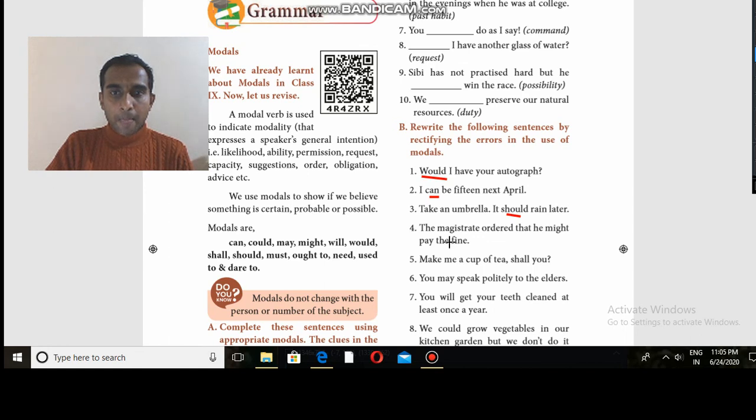The fourth one, the magistrate ordered that he might pay the fine. So might. So the fourth one,